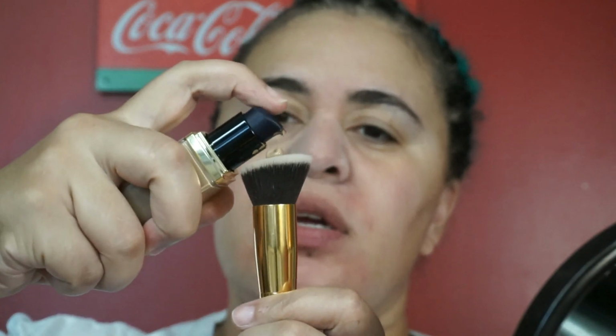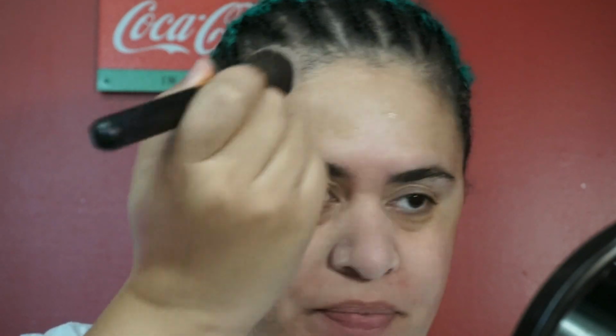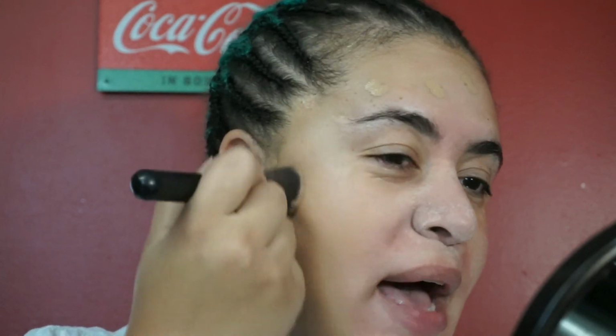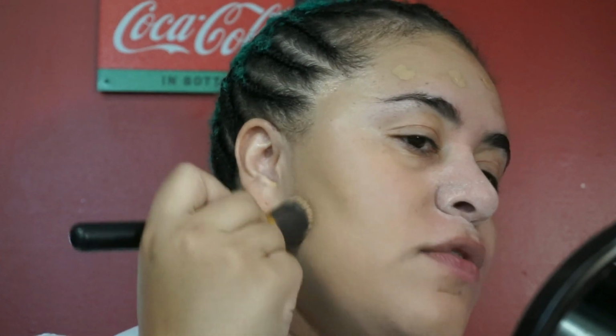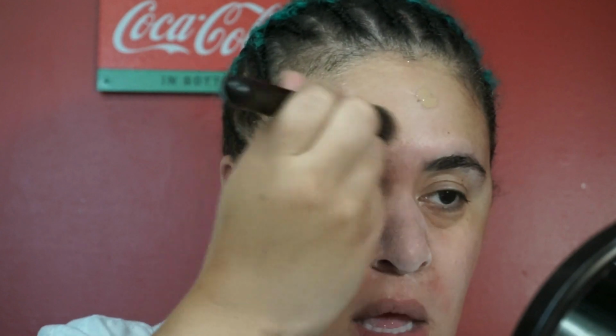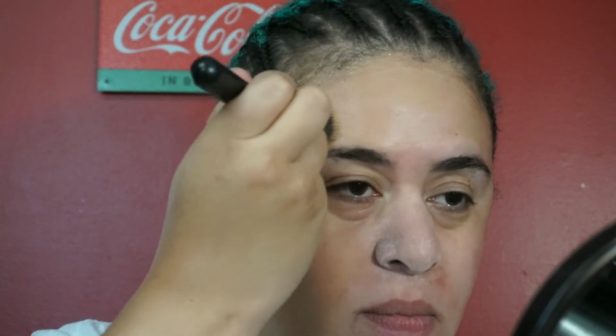Okay, so how I apply this foundation is I just shake it up, and then I apply it to my brush, like so. It's a relatively average consistency. It's not too thick and it's not runny. And I do half of my face at a time, and you have a lot of room to blend with this foundation. It does not dry down super quickly, but I apply it all over my face, avoiding my nose area because that's where the Wet n Wild foundation is going to go,